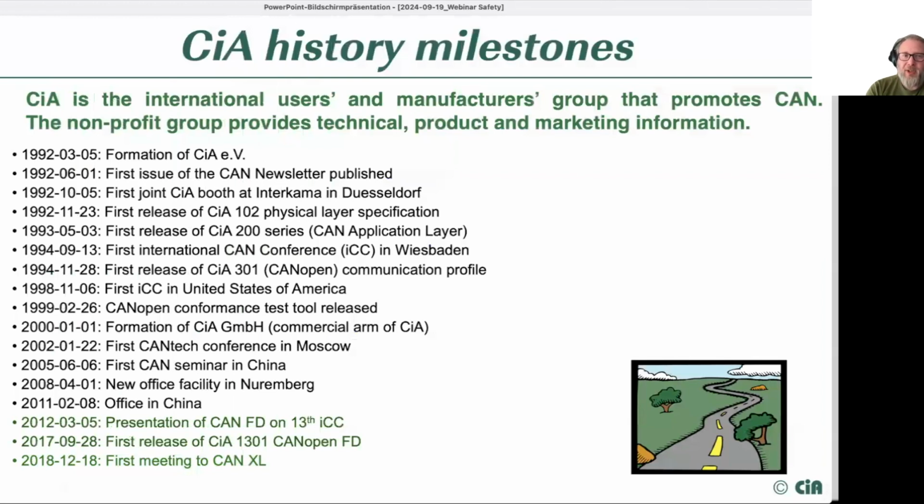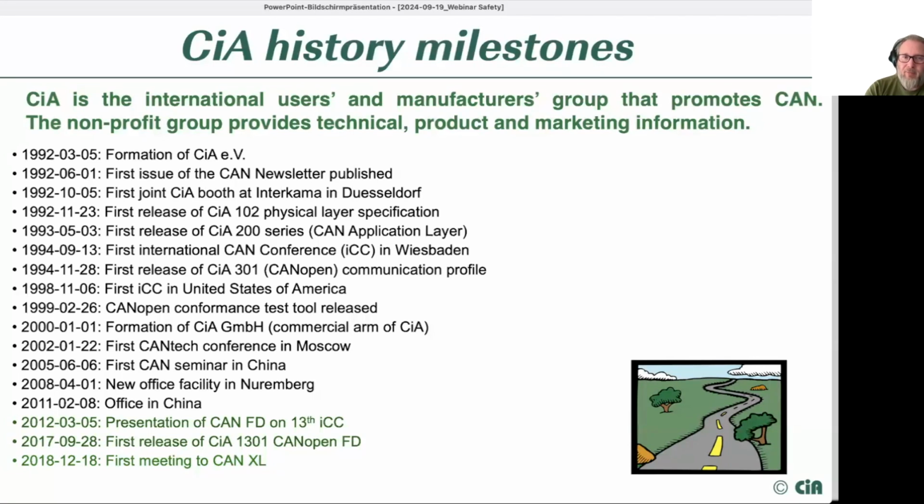As I said, CAN in Automation was founded in 1992. We have been publishing our CAN Newsletter since then, with the latest information regarding CAN technologies and different areas where CAN is used. We participate in many different international exhibitions and fairs, and we are, of course, developing together with our members, building a platform for our members to develop different specifications regarding CAN-based technologies. Also, an important platform we provide is our International CAN Conference, where different experts from the area come together and